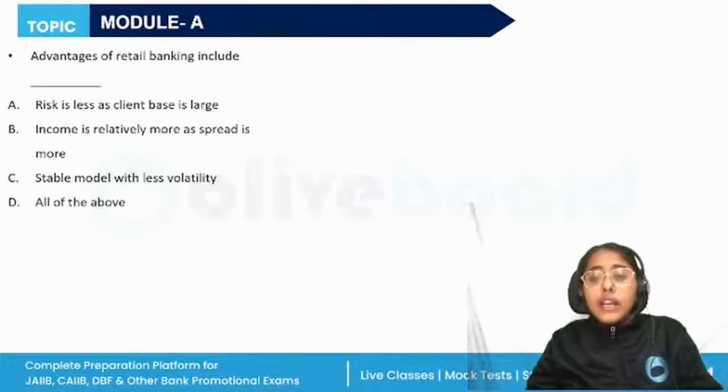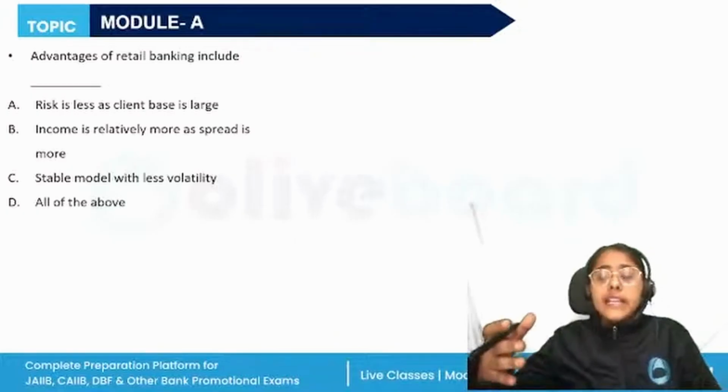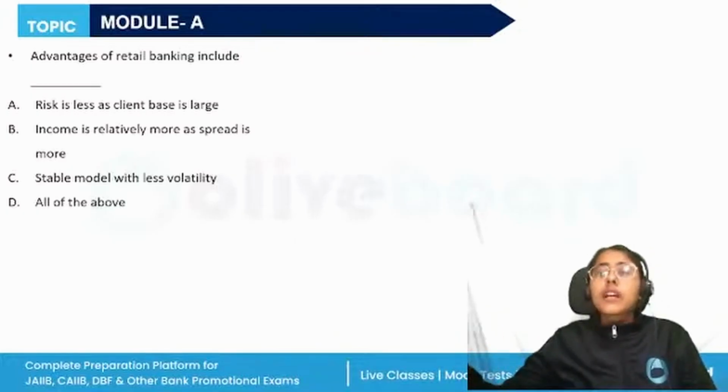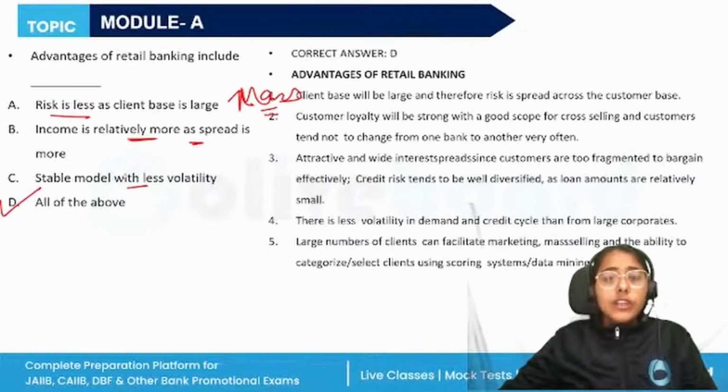So here we need to understand the meaning of retail banking, the characteristics of retail banking. Basically, it is the provision of banking products and services offered to individual customers, typically for non-entrepreneurial purposes. On the liability side and on the asset side, third-party products are also offered. Retail banking is stable with less volatility as compared to corporate banking. Here I've also given you a brief description.